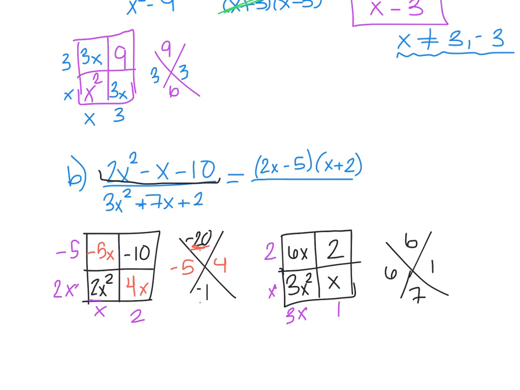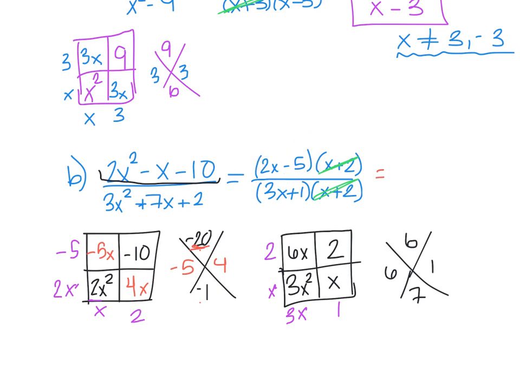So here I have my two factors for my denominator. So that would be 3x plus 1 times x plus 2. How convenient. So when we factored both of these, we see I have an x plus 2 factor in the numerator and denominator, which means I can cancel those out because that equals 1, which means the result, my final answer here,